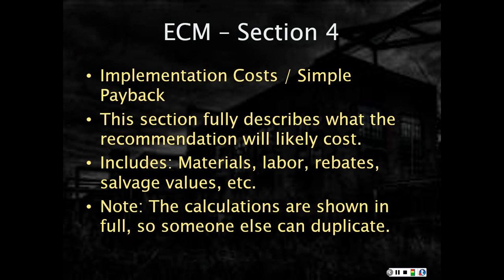Finally, in section 4, we have implementation cost. We're only going to implementation cost and simple payback. This section fully describes what the recommendation will likely cost. This includes materials, labor, rebates, salvage values, etc. Again, the calculations are shown in full so somebody else can duplicate, and hopefully they actually do it correct. I must be getting old and senile. Anyway,